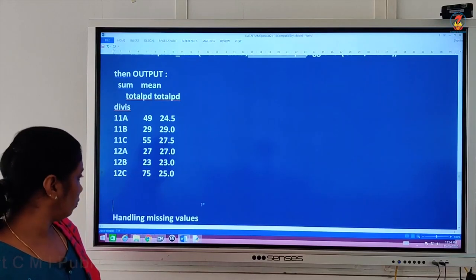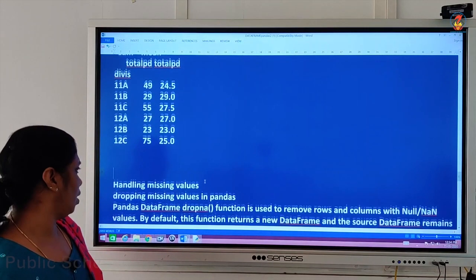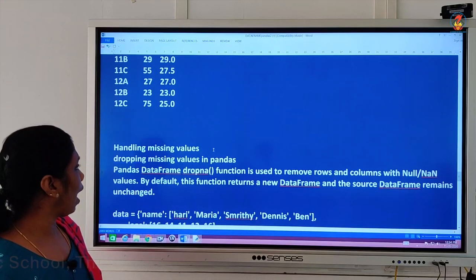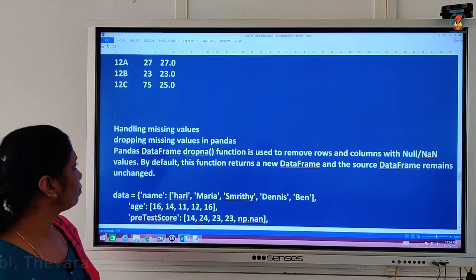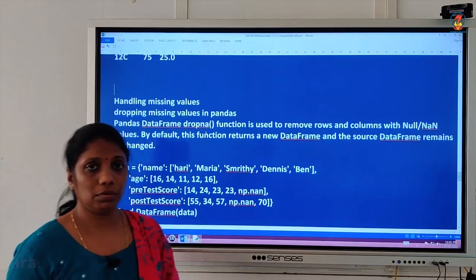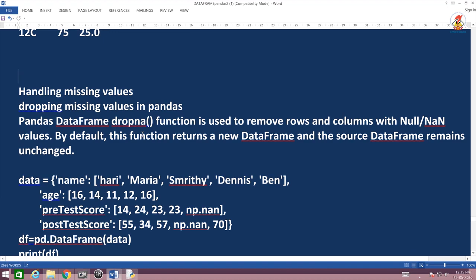And let's move on. So after discussing the different aspects of your pivot or pivot underscore table, both, we are moving on to another section not having any connection with pivot and pivot underscore table, and that is handling missing values.